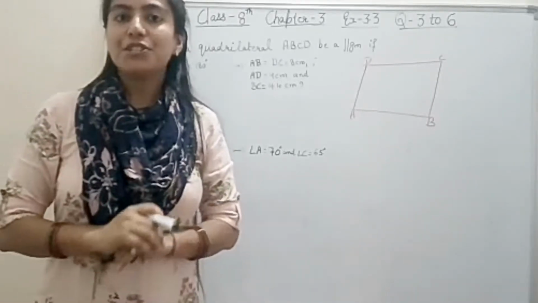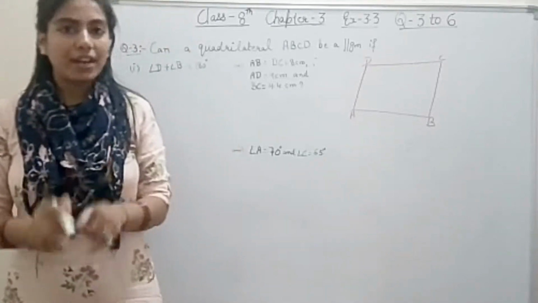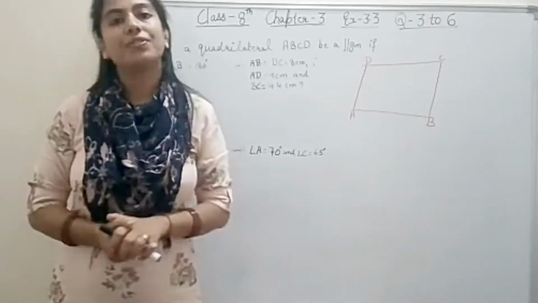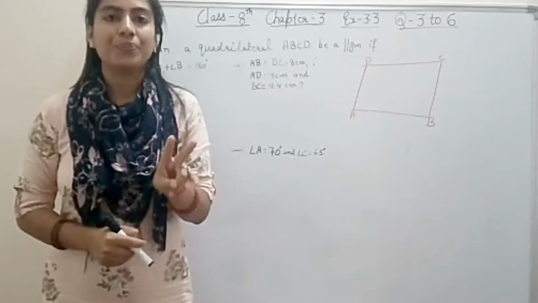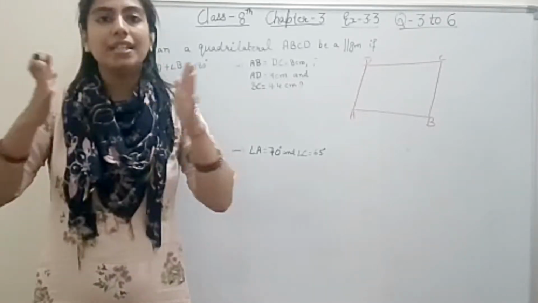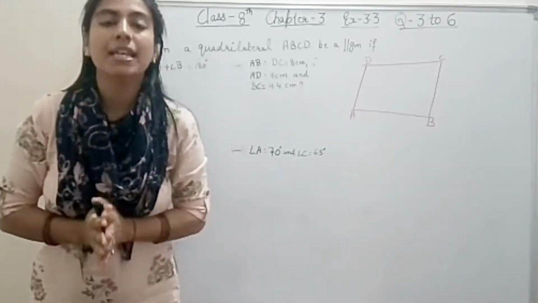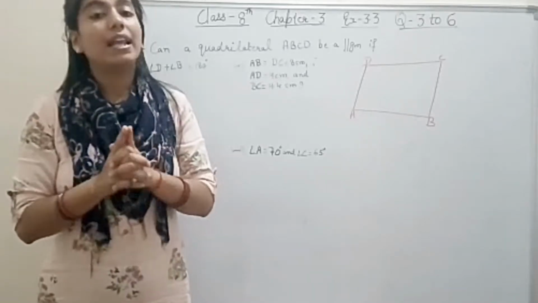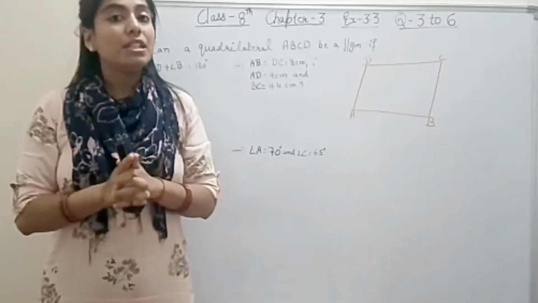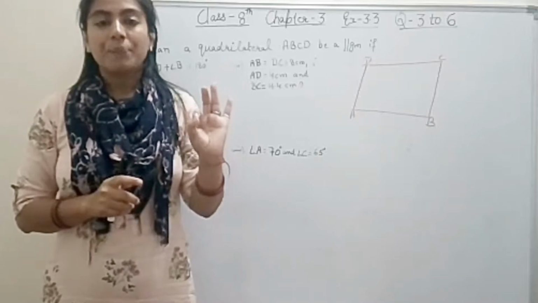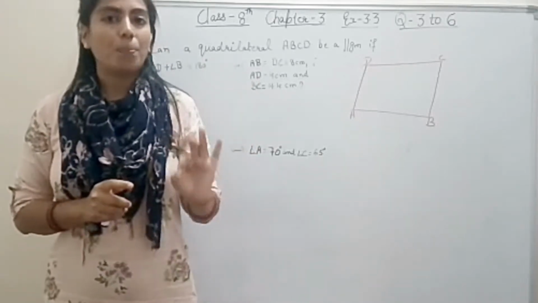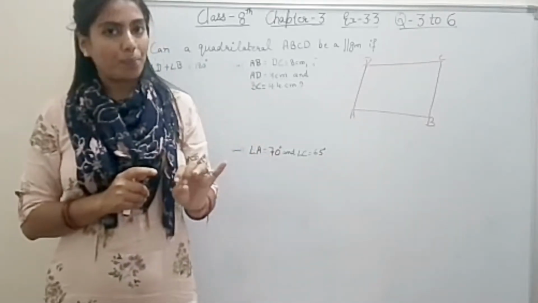This is Hina Adhikari. Students, in our previous video we have done our exercise 3.3 question number 1 and 2, and we have done the properties of a quadrilateral family, and I hope that you all have learned, because all the properties should be on your tapes. For parallelogram, what are the properties? For kite, what are the properties?